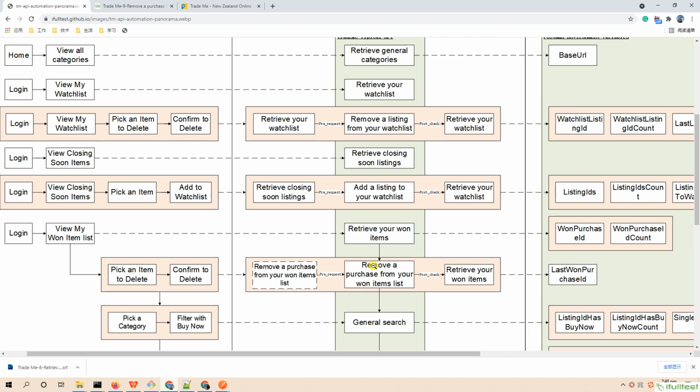If it has 1 item, we set this value to the environment variable for the main API to remove. If it has more than one item, we use the same main API as a pre-request to remove those items and still leave the last item for the main API to remove.